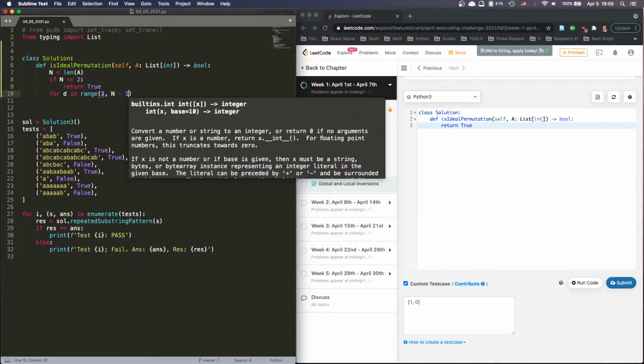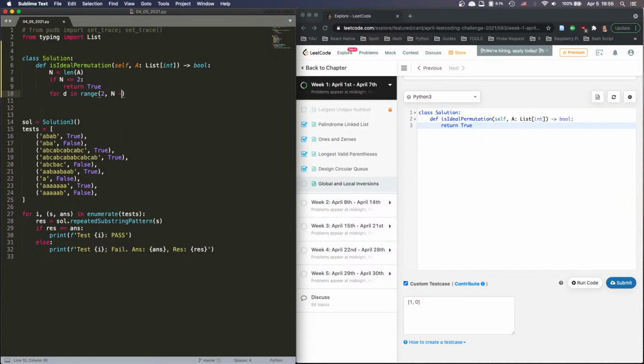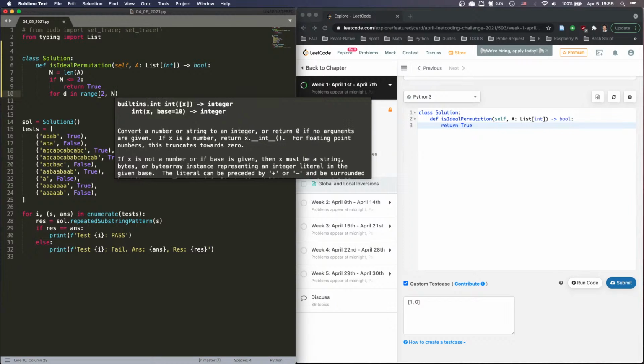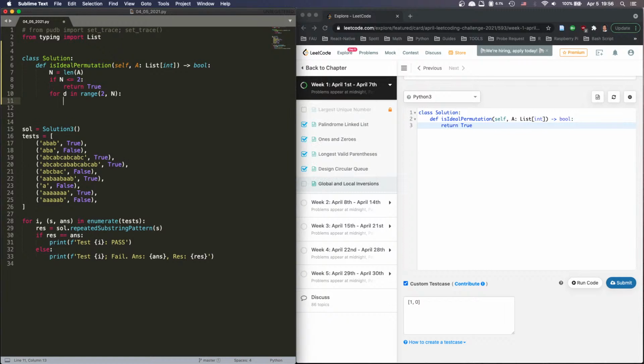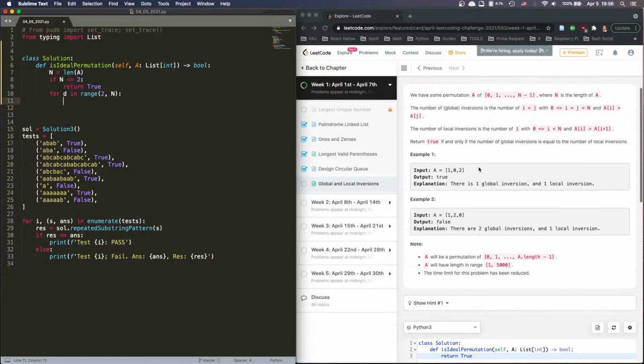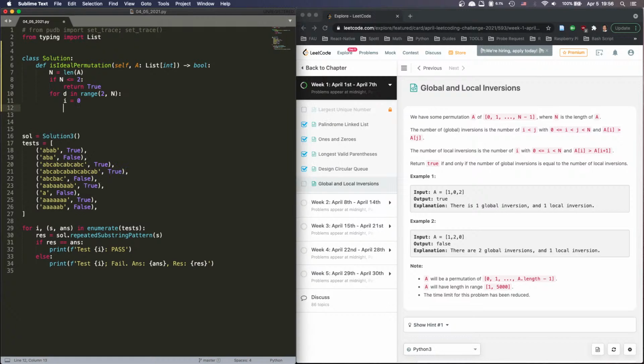Plus 2. We can do plus 2. So actually it's 2n, right? So we can do n if it's 3, we can do plus 2. Yeah. So what we're gonna do is just check if it's good. I'm gonna say if for D in this range, and then for I equals 0, right? I equals 0, and say while